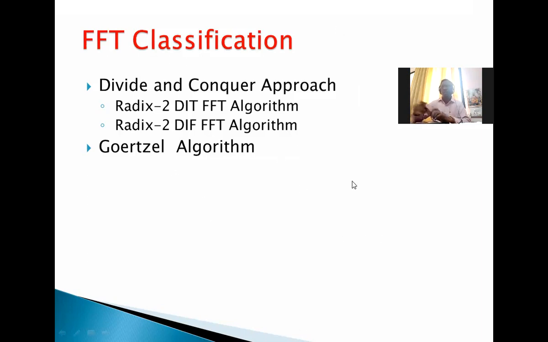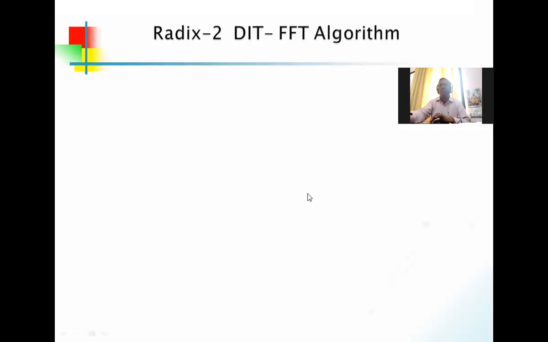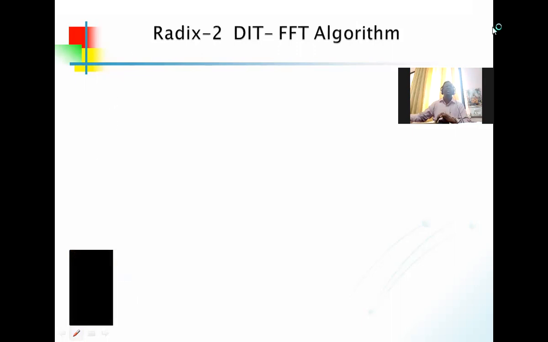So how to calculate the FFT at a particular value. Okay, now let us start one by one. Before going to start with the derivation, first we will understand what this Radix 2 DIT FFT algorithm is. As I mentioned, Radix here means we are dividing the sequence into smaller and smaller parts up to the value 2, or else we can say the equation, as I mentioned already yesterday. So the equation we are dividing in the form of this, right?